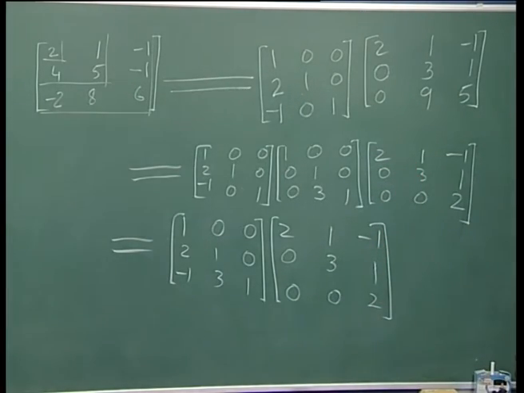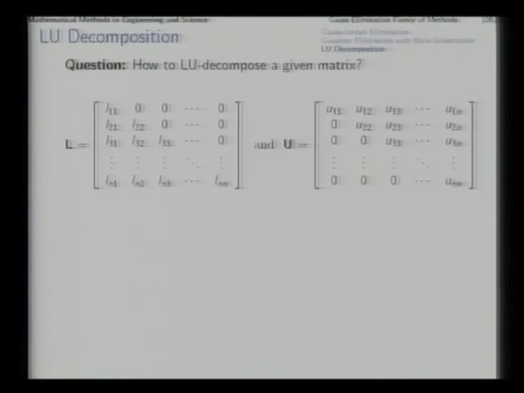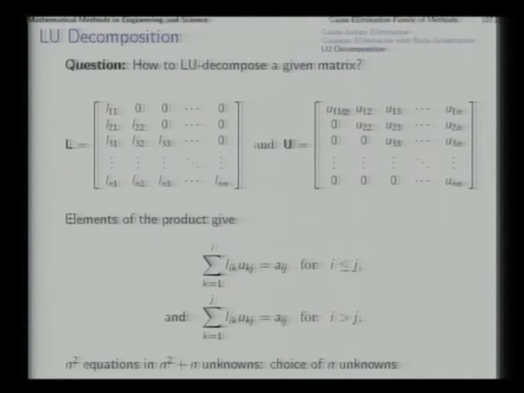Now, while decomposing a matrix into L and U factors, we first recognize that the factors will look like this, and these are the unknowns which we will need to determine. Now these are zeros. So, the number of unknowns in this first matrix is n into n plus 1 by 2, exactly that many unknowns here. And if we work out the products, then the products will look like this, normal matrix multiplication, because LU together after multiplication should give you A.